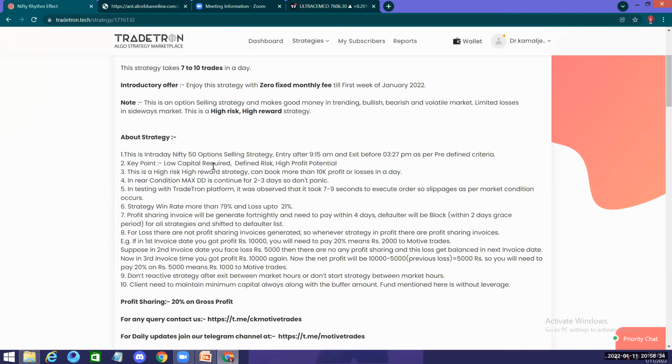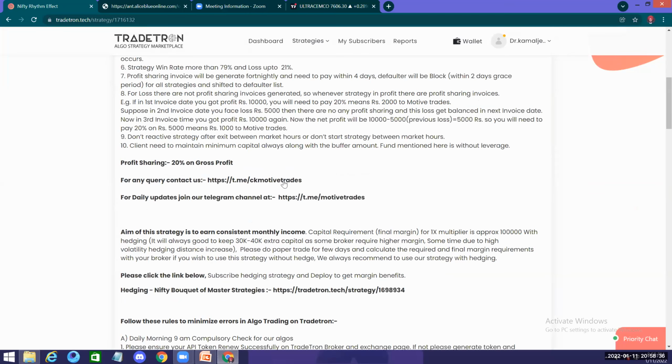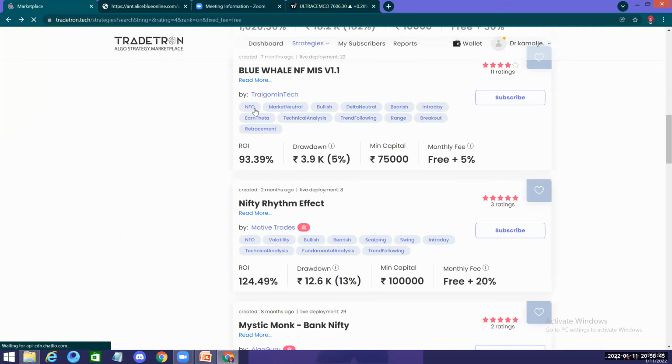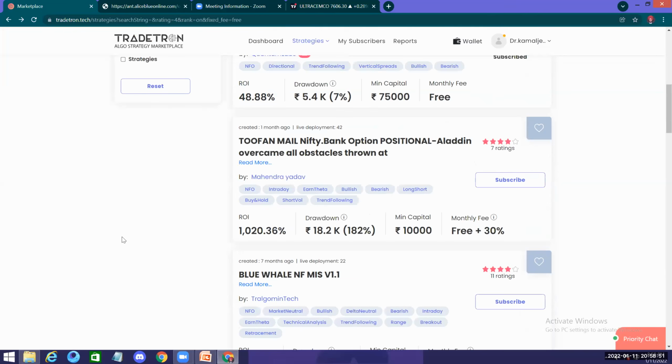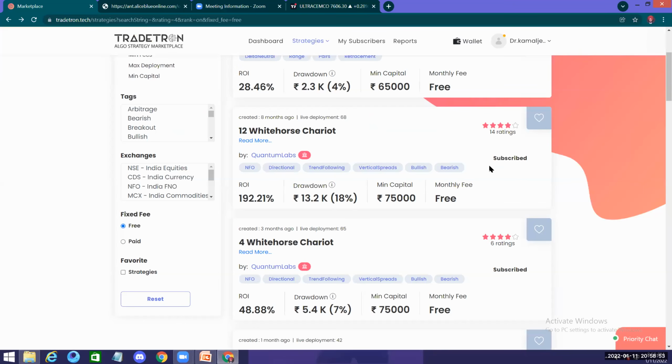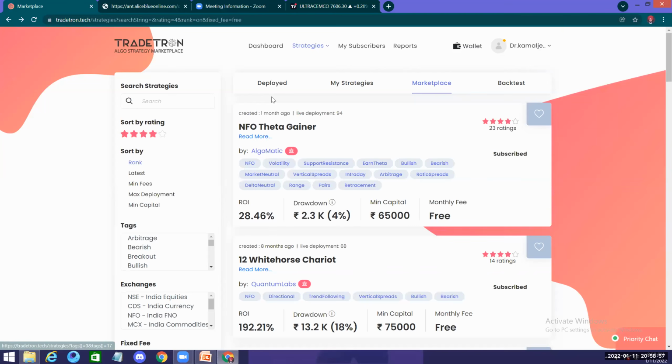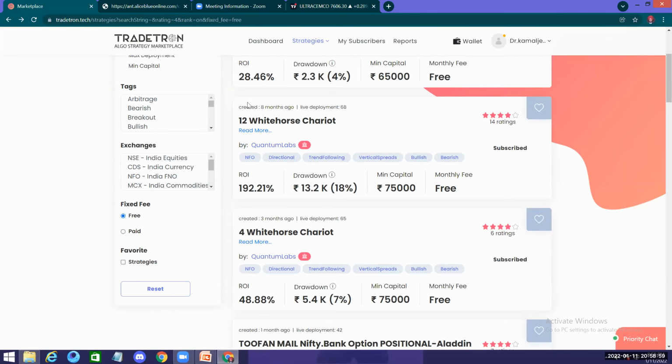They say they will take 20% of the gross profit. So you can join the Telegram links also from here and keep on discussing with them. Most of them, the profit that we earn, they get a share of. So I don't like to do anything where they ask for any money out of it because they are usually not going to be good ones. 28.46 is giving me more than what my bank is going to give me. So I'm more than happy.